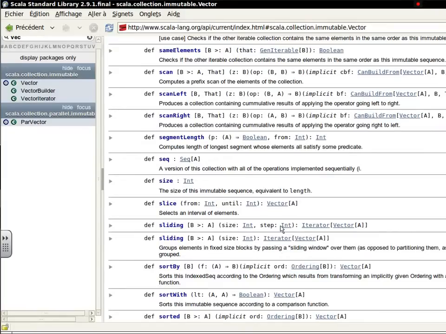Over here we have a sortBy function. SortBy takes a function. First of all, it operates on a vector of A. It takes a function whose parameter type is A, and it produces B's, and then the B's have to be ordered, and apparently it sorts it by that. So for example, here's how I might use it. If I have an array of strings,